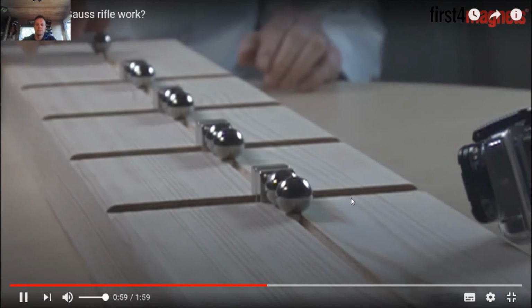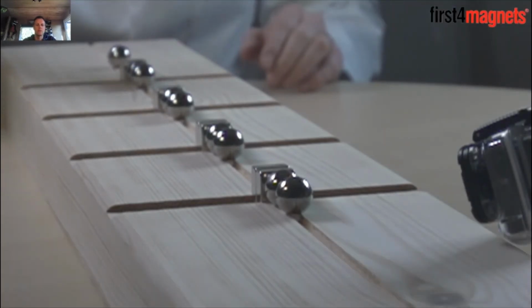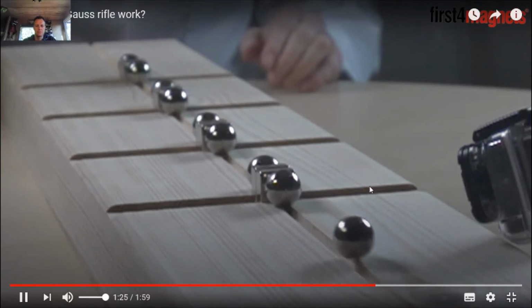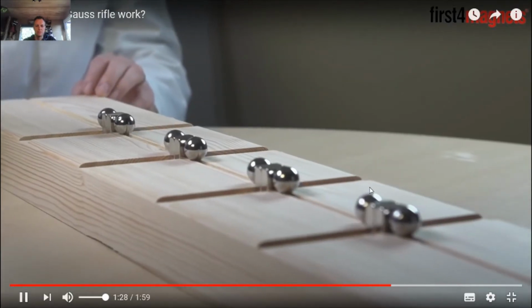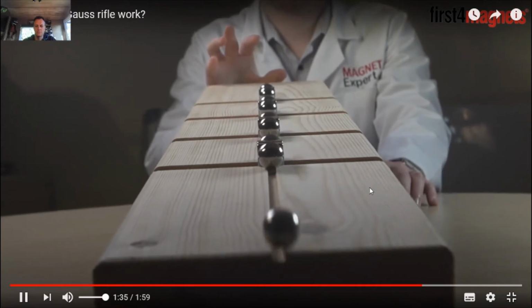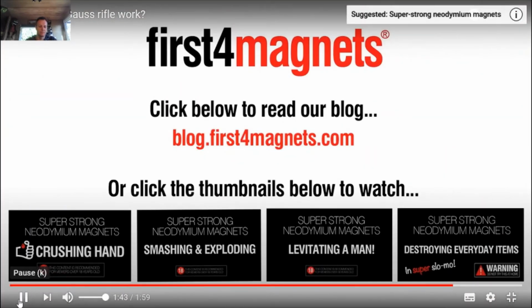Okay, so you can see we've got lots of cameras set up here, so we're going to show you this experiment in super slow motion. The trigger ball bearing accelerates as it gets closer to the first magnet until it collides, at which point the energy is transferred through the magnet to the two ball bearings on the other side. As the magnetic attraction with the ball in direct contact is greater than the energy transferred by the collision, the first ball bearing stays in place and the momentum transfers through to the second. The second steel ball is then propelled at the same velocity, minus minimal losses occurring during impact. It then picks up speed as it approaches a second magnet. Each collision repeats with each ball travelling slightly quicker, minus rolling friction, air resistance and the magnetic force holding the ball in place. For more information on how...